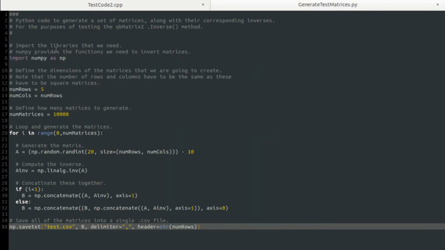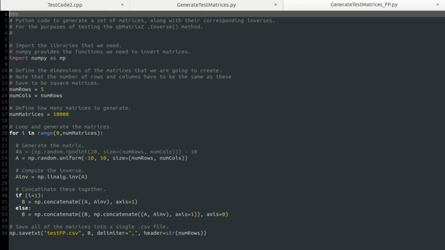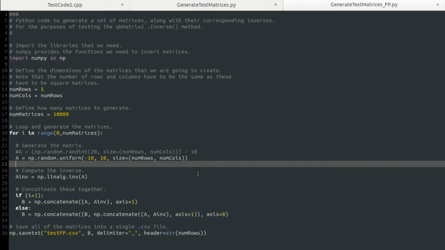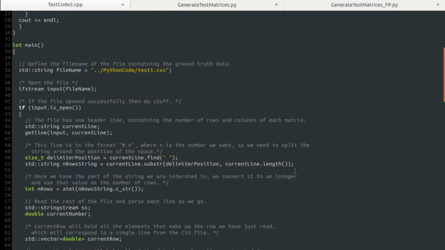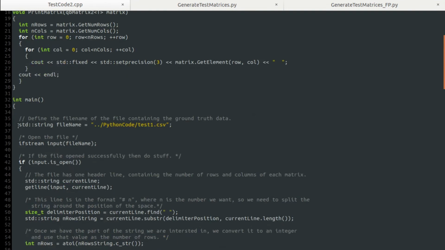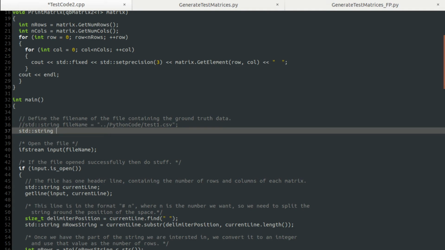Now, the other thing that I did, so that was generate test matrices py. I also did this for a floating point version, which is pretty straightforward to do. So this is the floating point version, simply replacing rand_int with uniform between -10 and 10, the same size, and we write that out to a file called testfp.csv. Again, we generate 10,000 of those. I don't need to show that. And to use that, we just go back to here and we just modify our file name. So we're going to have std::string filename equals